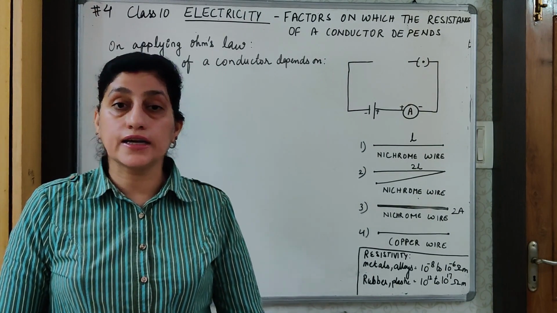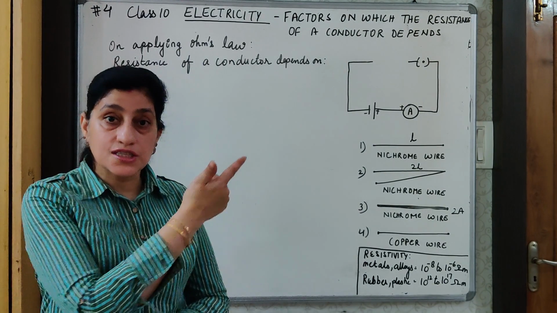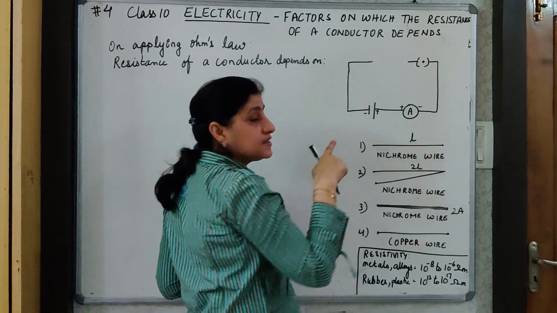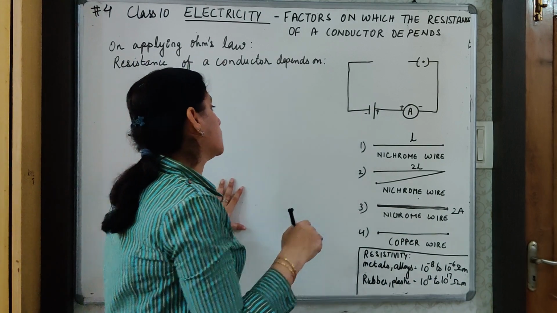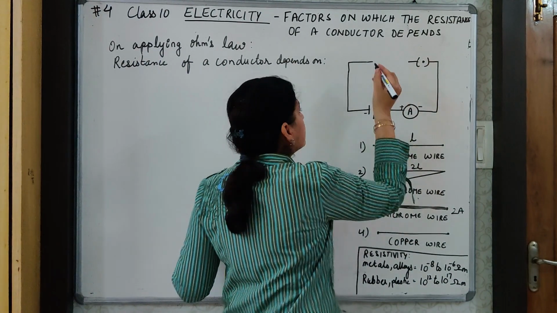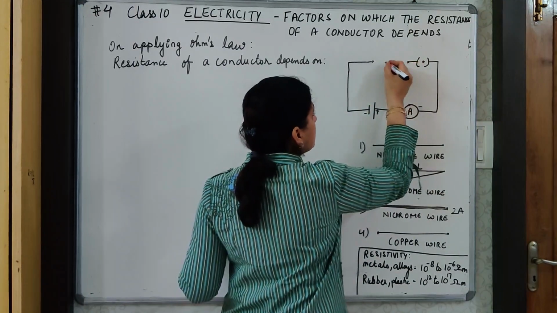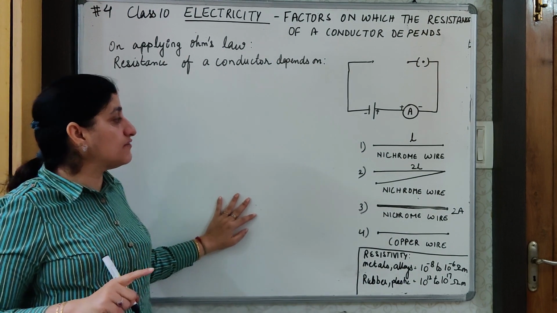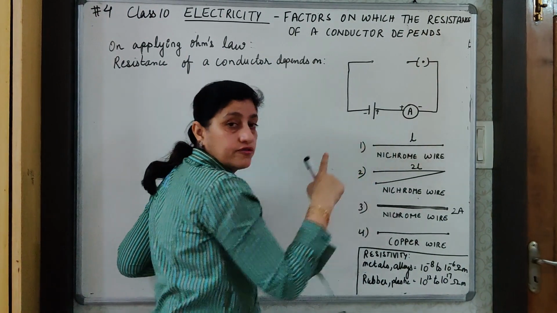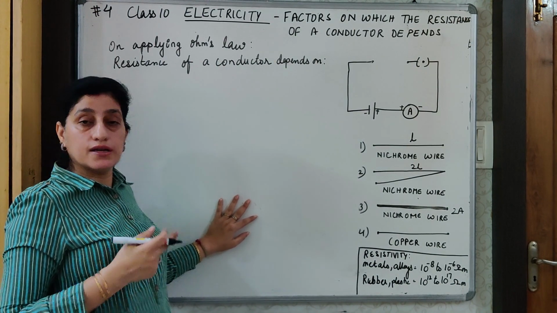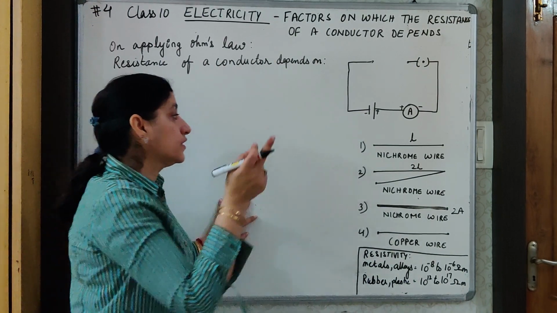For this we'll carry out a simple activity. So let's quickly get to the activity. This is an experimental setup like we did in the previous one also. I have a cell, an ammeter and a key, and these two ends are open again to introduce different types of components one by one and note the reading of the current as we are changing these components. So you will understand the components one by one.